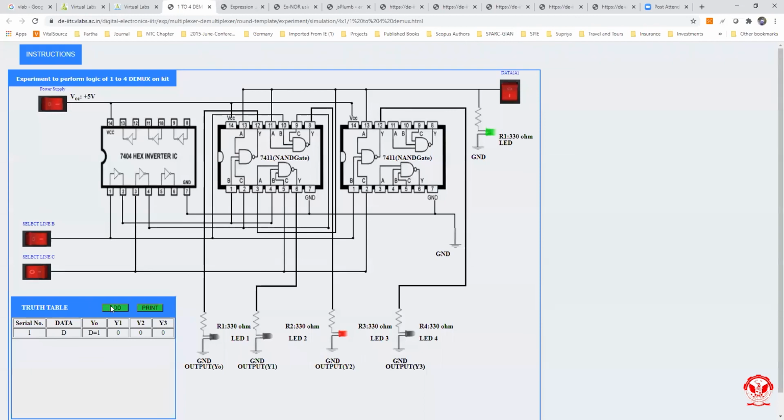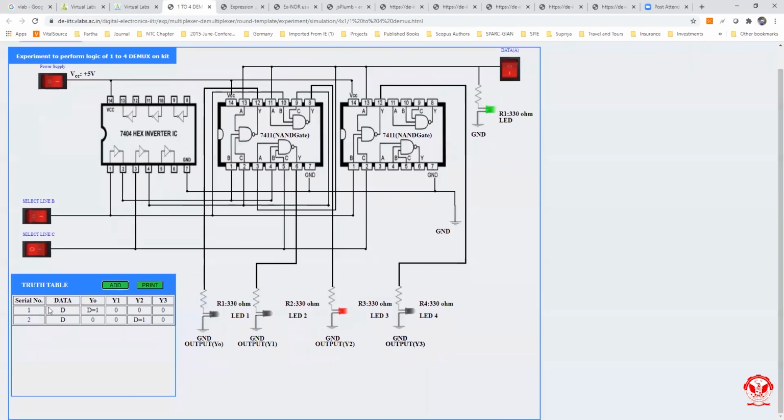Now just click on the add button and we can see this from the truth table also. If we make the select lines 1 and 0, then LED 3 lights up.